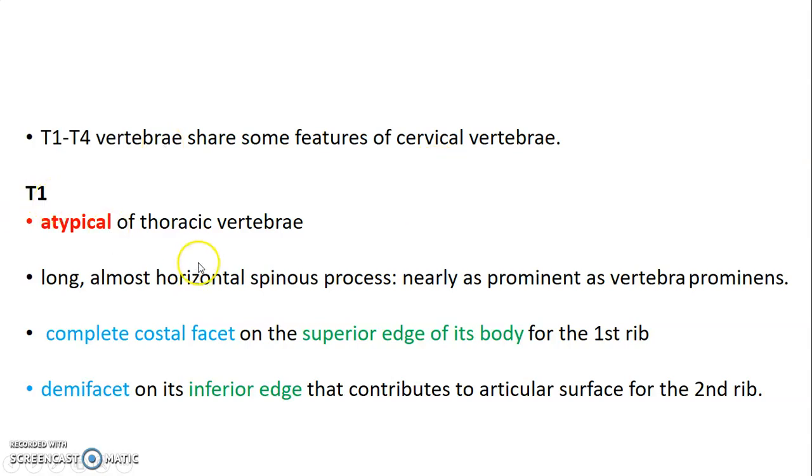So T1 is atypical thoracic vertebra. Why do we call it atypical? It's long and the spinous process is almost horizontal. Yeah, nearly as prominent as that of the C7 spinous process, which we call the vertebra prominens. Then it has a complete costal facet on the superior edge of its body, and that's mainly for articulation with the first rib. And then there's a demifacet on its inferior edge, and this usually contributes to the articular surface